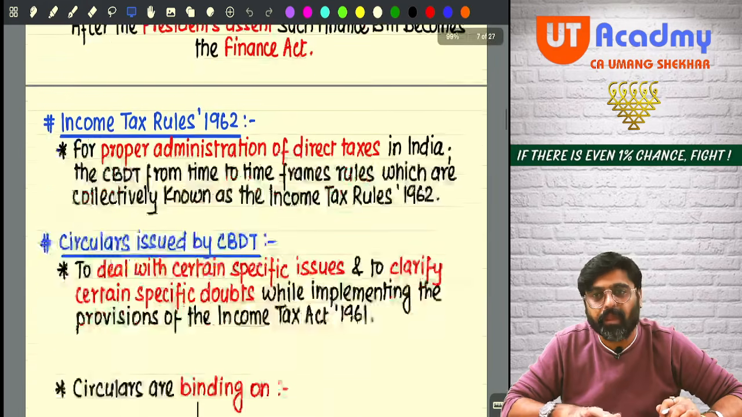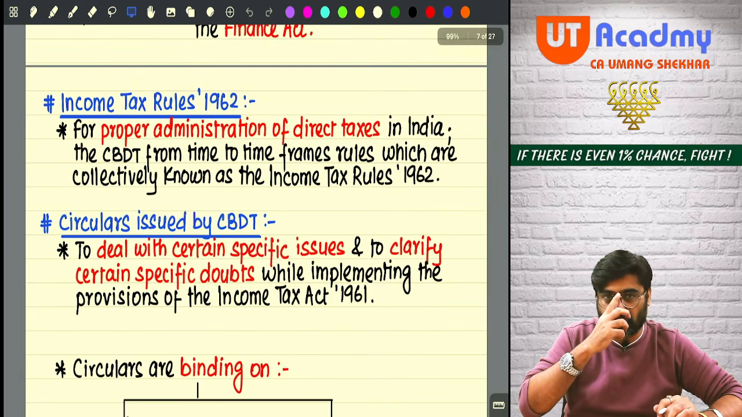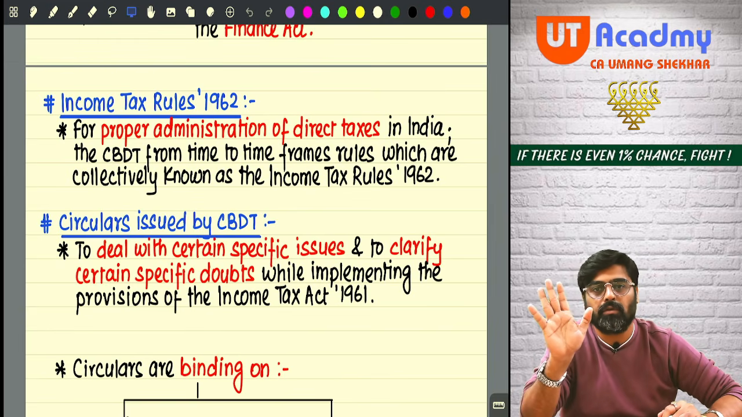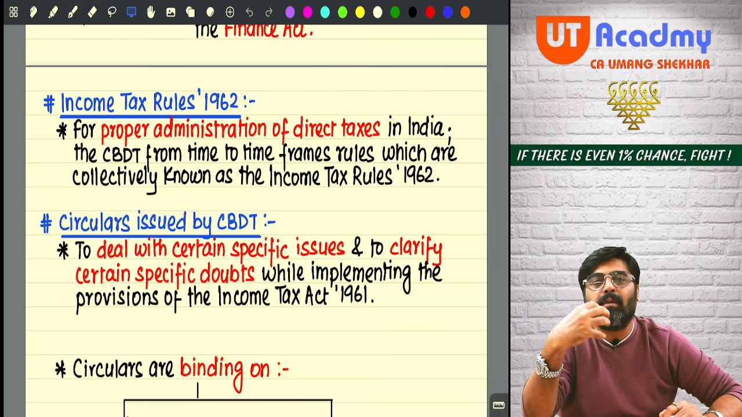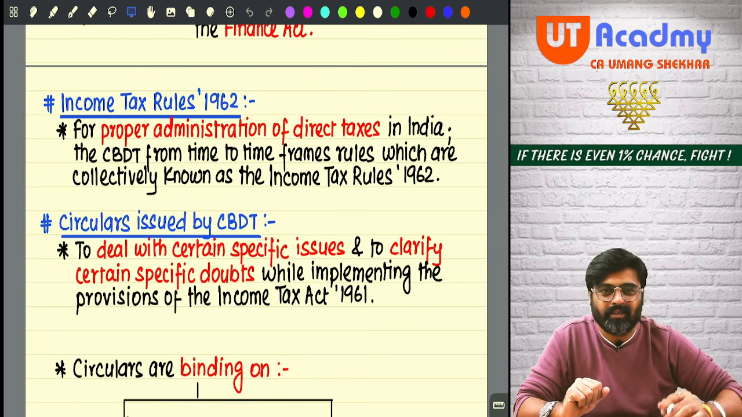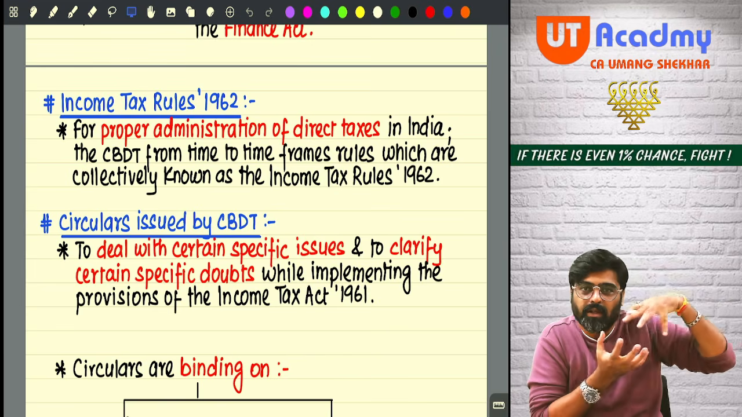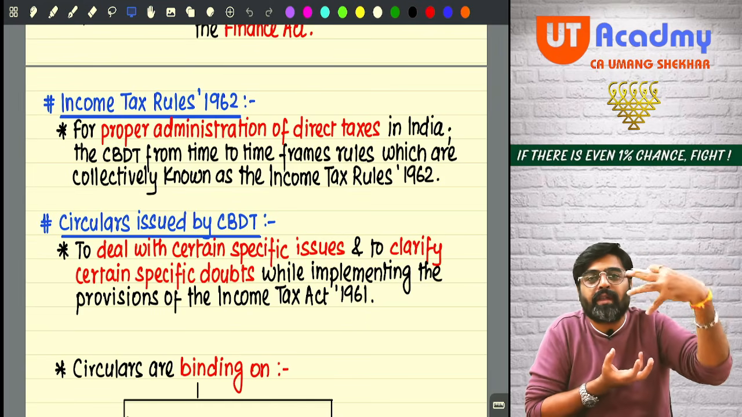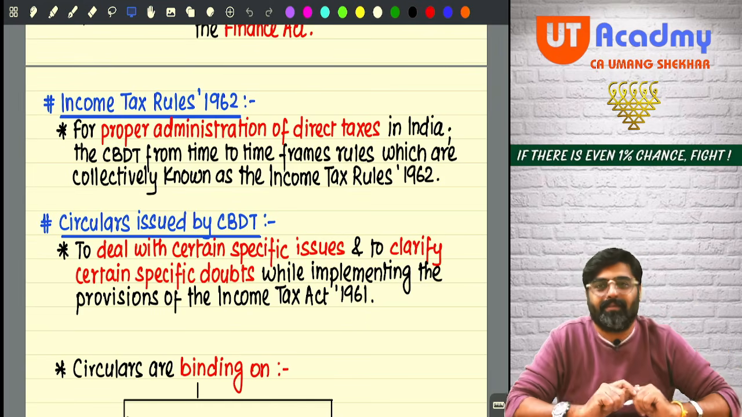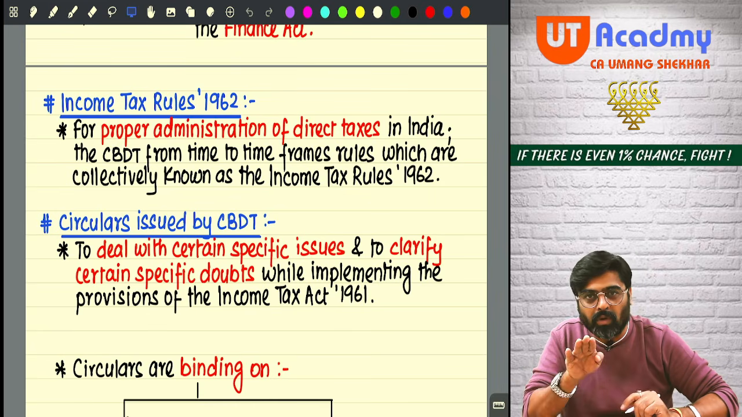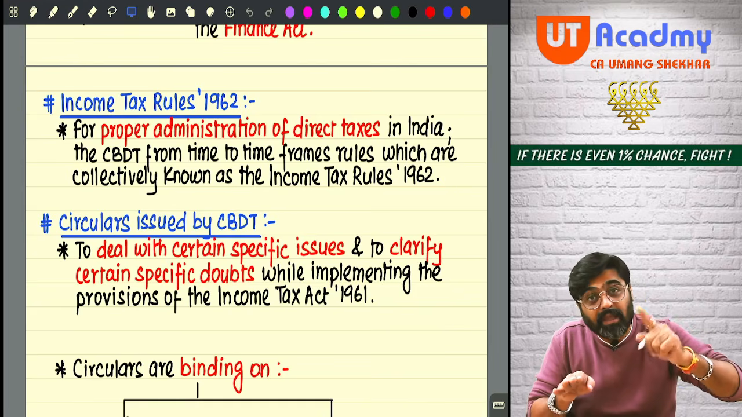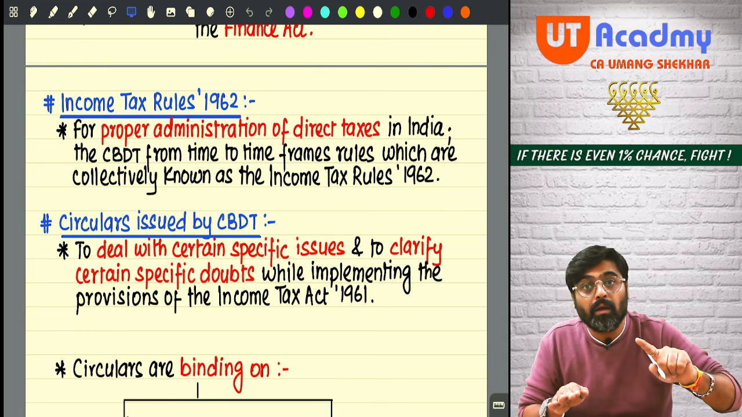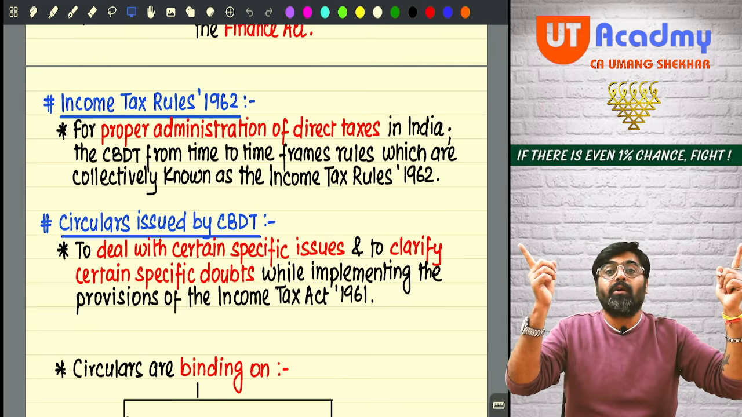Getting my point? Now, what are income tax rules? Friends, what are income tax rules? Income tax rules are helping hands. See, if there is a provision, these provisions will be implemented only if there is a rule made to implement it. Without a rule, either there will be a problem in implementing this provision,